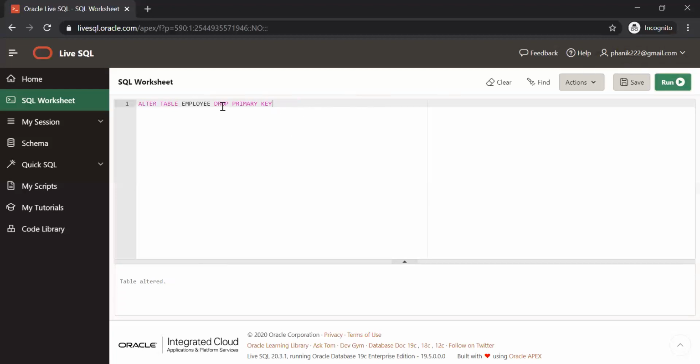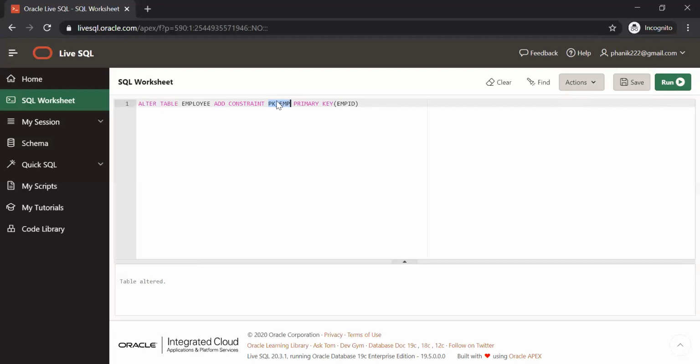But I can specify the name also: add constraint, name of the constraint. So you are giving a valid name to the primary key now.